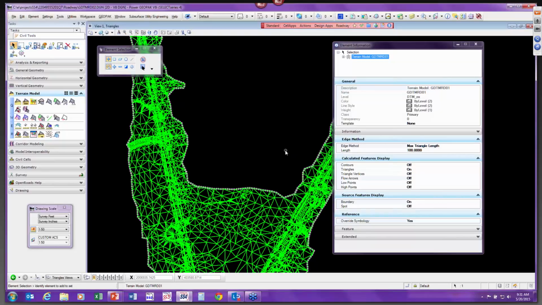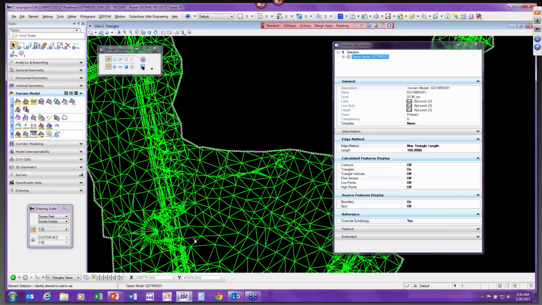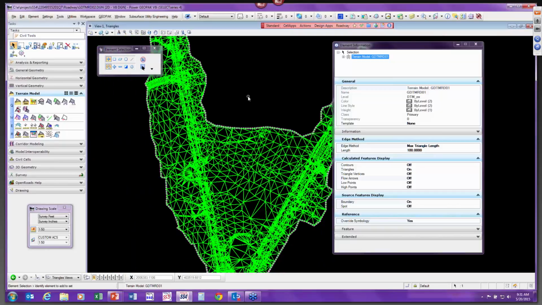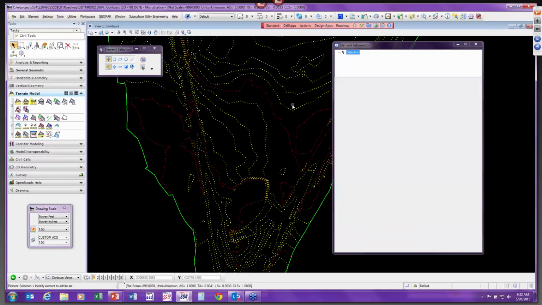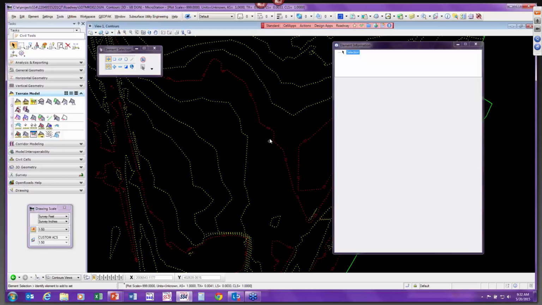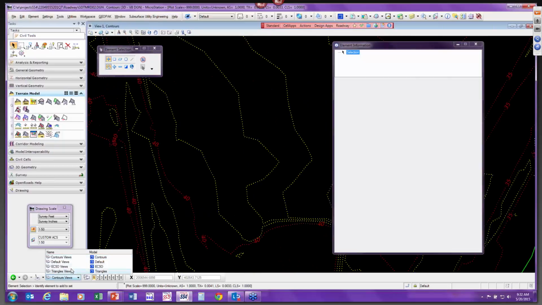Okay. And like I said, as long as I'm within the same file that I imported that data into, then when I change my features or my display, it's using those features and it's showing it using the correct symbology. But it is simply a display. Okay. All right. So I've set this up. I now have my default model with the boundary, and the data where it's imported. I have a contours model where I am showing contours, okay, with the labels. And then I also have a triangles model